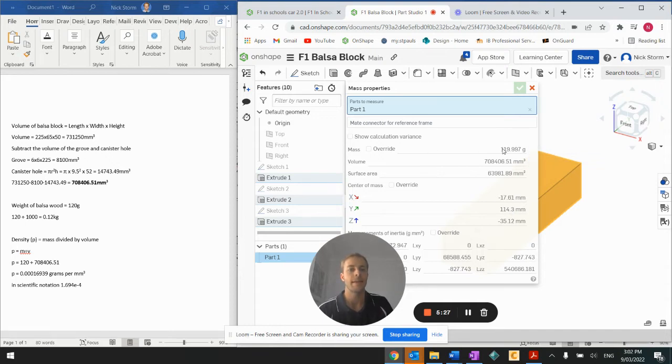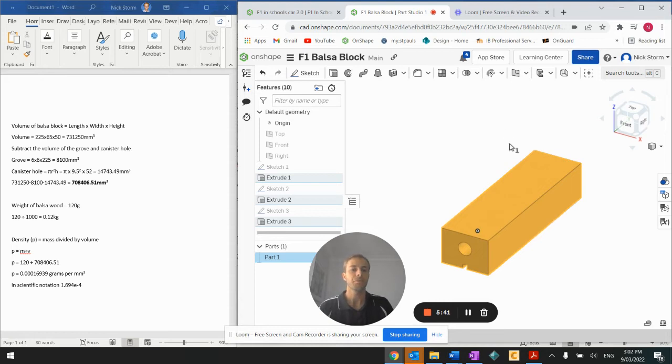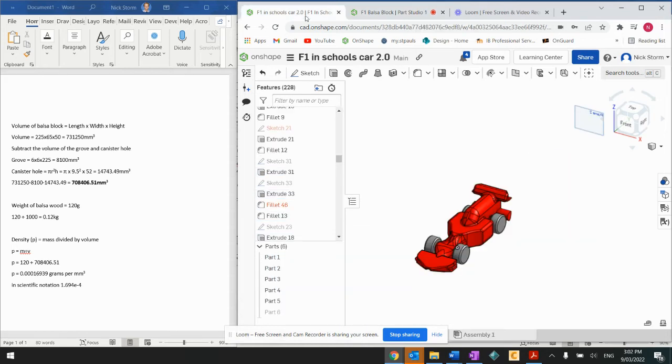And it tells me the mass, 119.997 grams. Very close. That's within the rounding on our calculator. So that'll definitely work for us. So good. We worked out density and we checked that it worked. All right. So if we look at the car now,